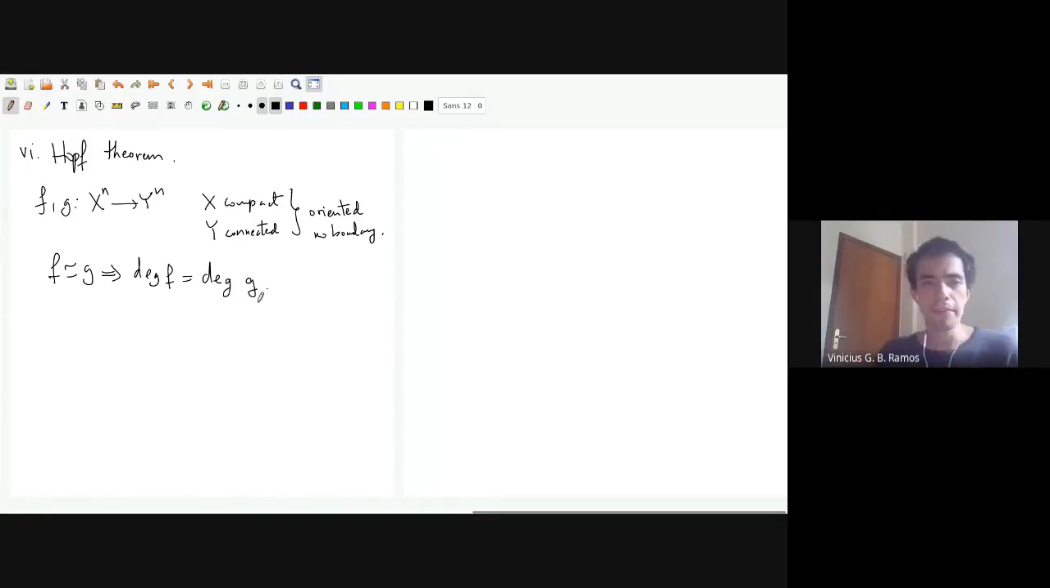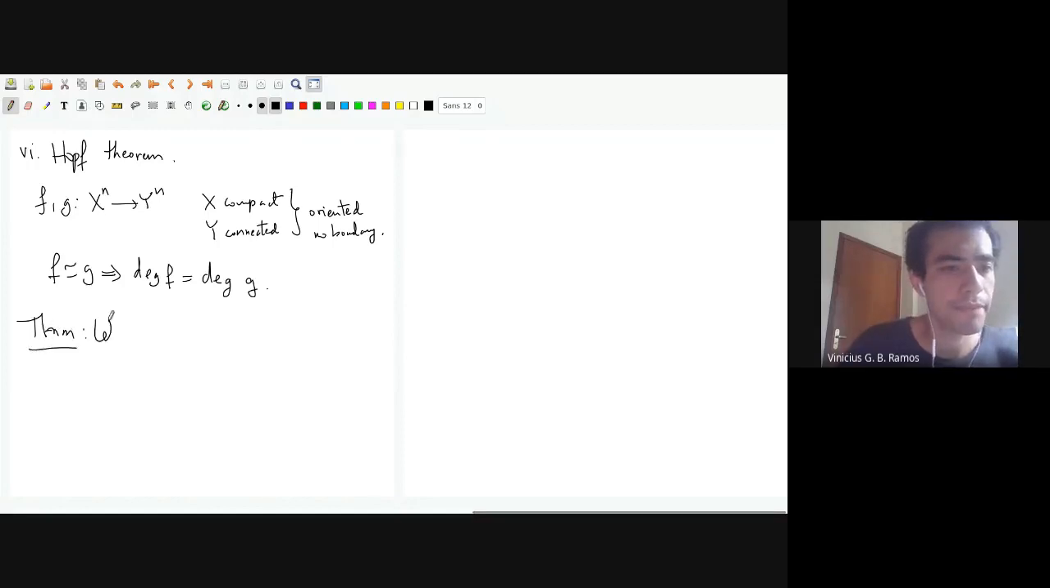So the Hopf theorem is a converse to this question. So it's a question of, does the degree classify the map? If you have two maps that have the same degree, are they actually homotopic? And the answer to this question is in general no. But when Y is S^n, the sphere, then the answer is basically yes, if X is also connected. So the theorem